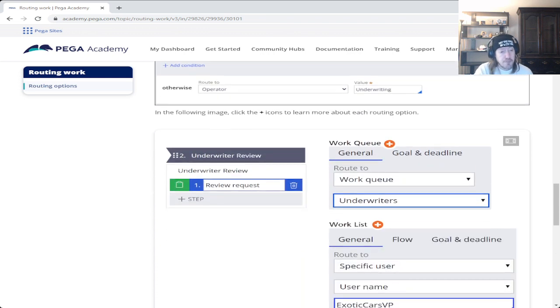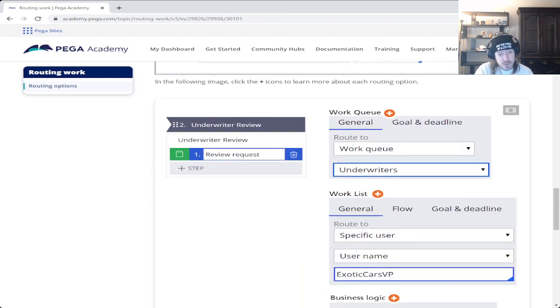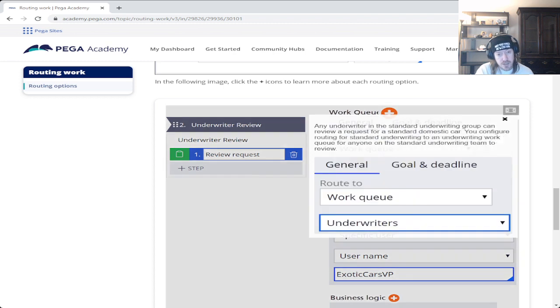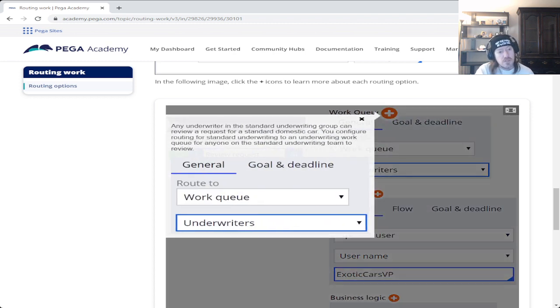So, in the following image, click the plus icons to learn more about each routing option. Okay, so you've got the work queue here. Any underwriter in the standard underwriting group can review a request for the standard domestic car. You configure routing for standard underwriting to an underwriting work queue for anyone on the standard underwriting team to review.